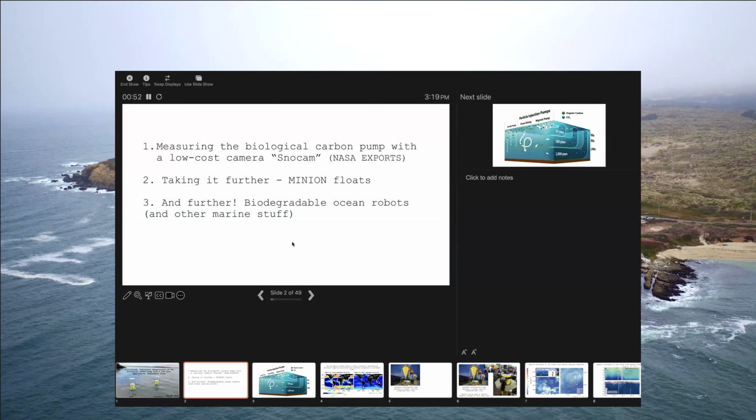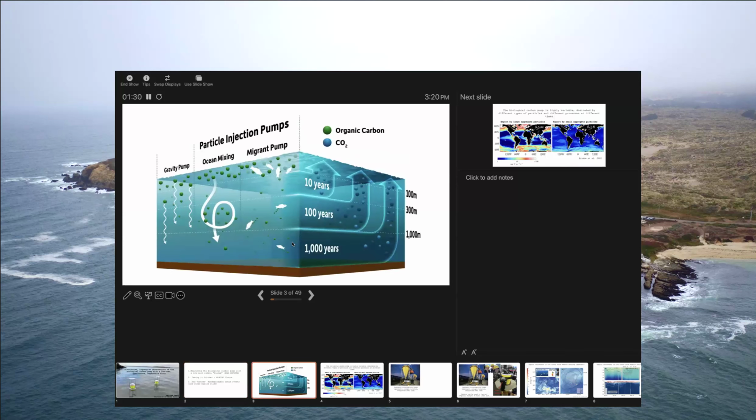I'll then talk a little bit about how that development led to the design and creation of a new type of Lagrangian float coming out of my lab at URI. And then beyond that, how building low-cost expendable floats, following on one of the questions that Yui addressed last week in the seminar: what happens to these floats at the end of life if they have drifted too far away for it to be feasible to collect again? And what are the ways in which we can take steps to come up with creative solutions to mitigate that impact?